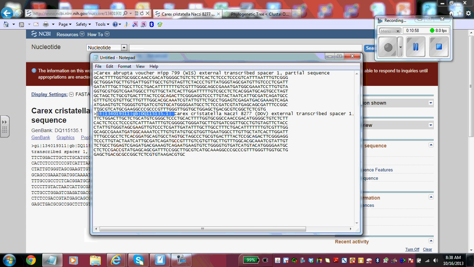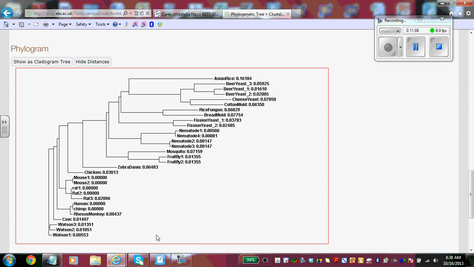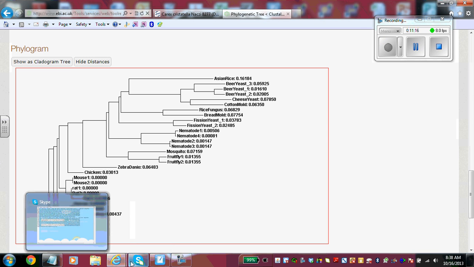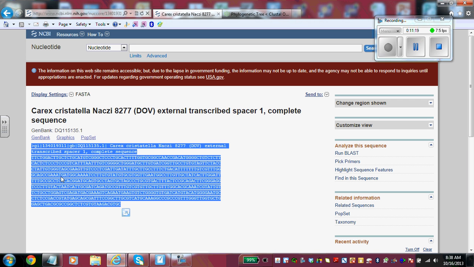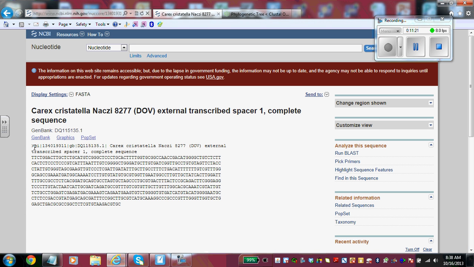And the only reason we rename it is because if you end up throwing this through the Clustal Omega website, what it'll end up doing is punching out a chart, a phylogenetic tree, that instead of having the actual name that you want for information, it'll end up putting out this code piece on the front half of this. And if you didn't memorize it or write it down, then it makes no sense to you for comparison between species or within species. So once again, you need to run NCBI for a